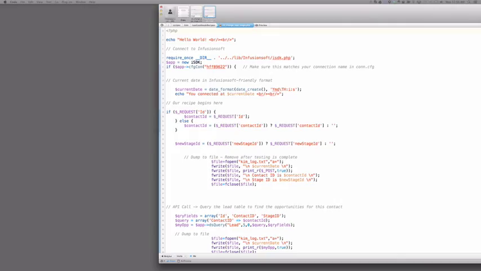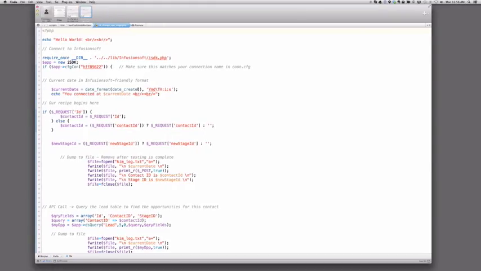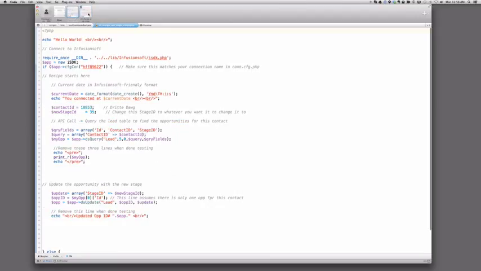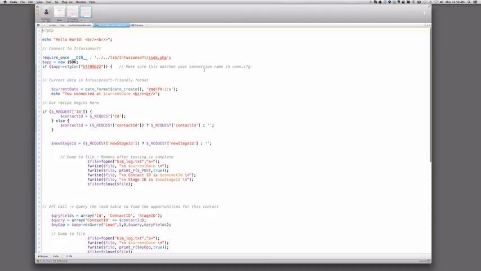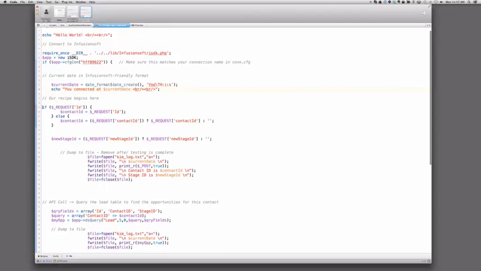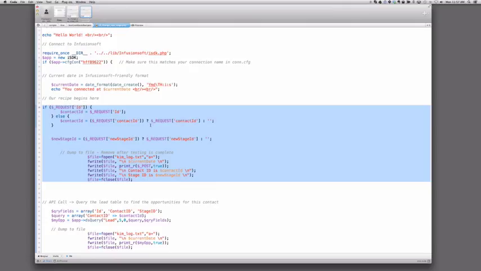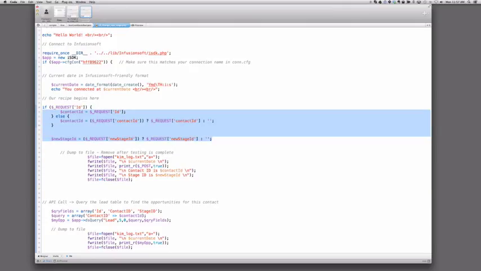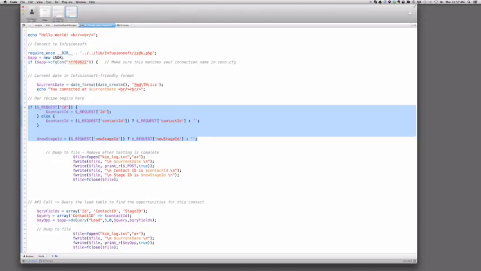Okay, so what's different between this change op stage and change op stage simple? So the beginning is obviously exactly the same. The difference here is mainly right here. Okay, so here what we've done, because we're going to be passing this in from campaign builder